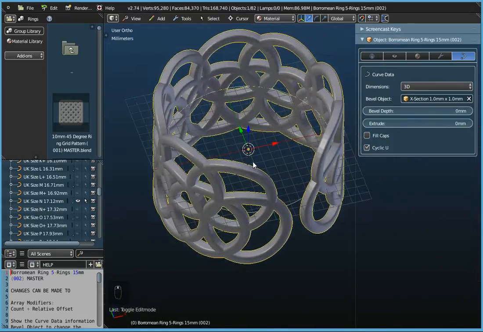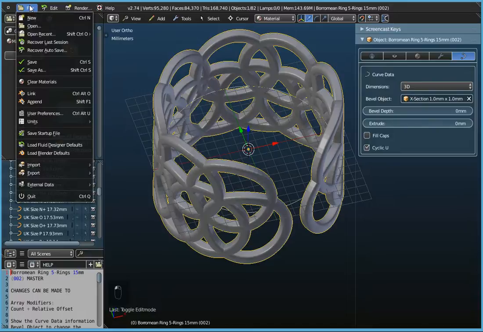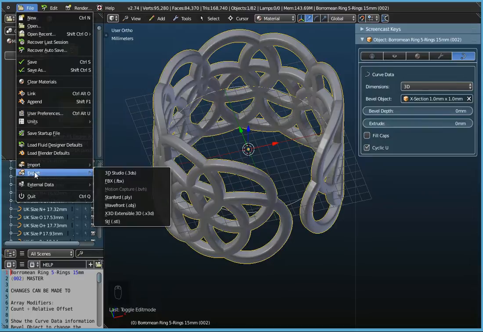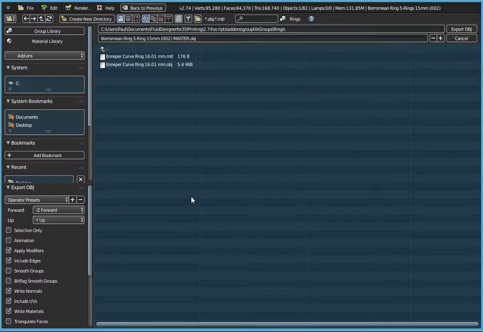So you could now save this object to the desktop, sorry, not save it, export it to the desktop. We don't recommend you go to File and Save in Fluid Design, we recommend you go to File and Export, because it's a wavefront OBJ file that's the 3D printable file format. So we could go to Export there,